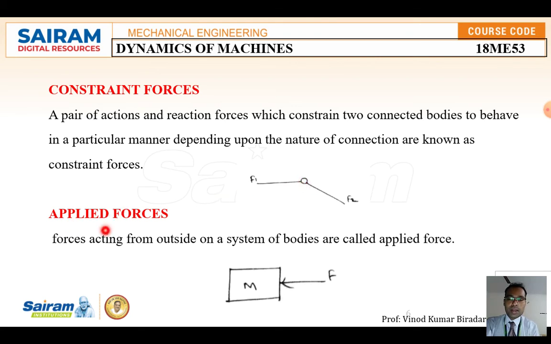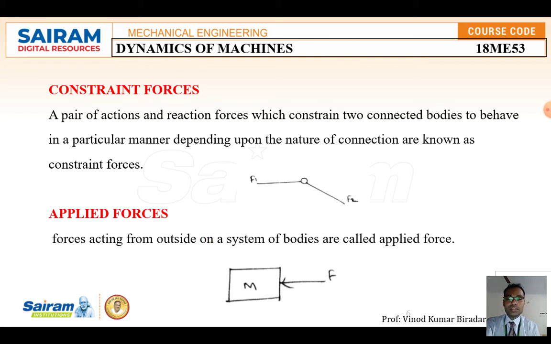Okay, what do you mean by applied force? Consider a body or a system or a mass upon which you are going to apply some external force. This external force may be either physical contact or non-physical contact. Even the electric motor is non-physical. If you take any mechanical device and we touch this mass element with some external load, that is called a physical contact force. So this is called applied force.